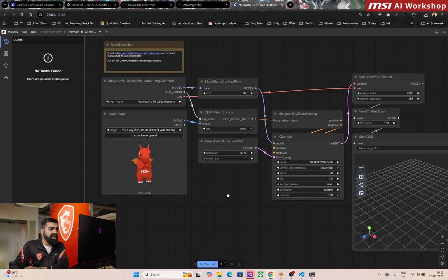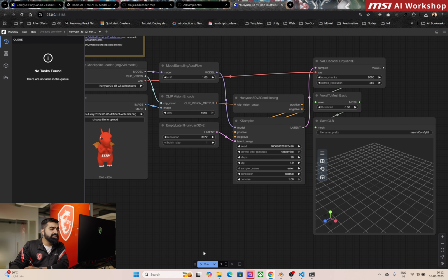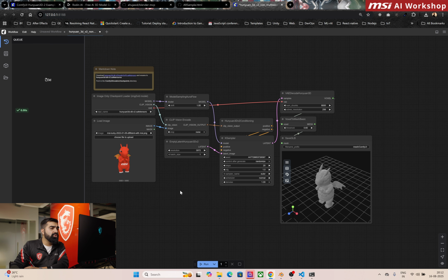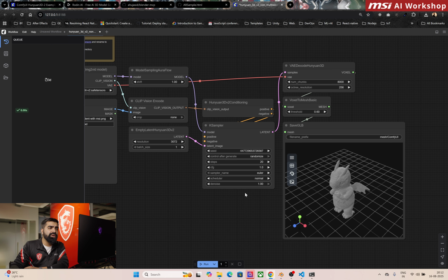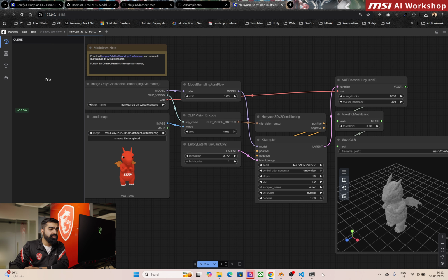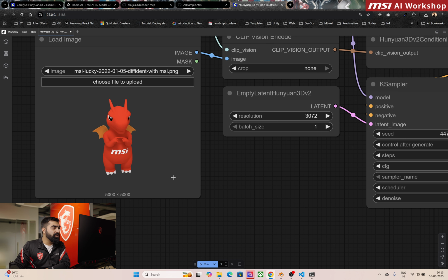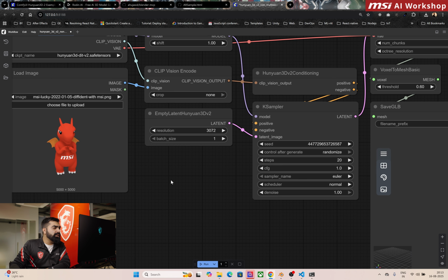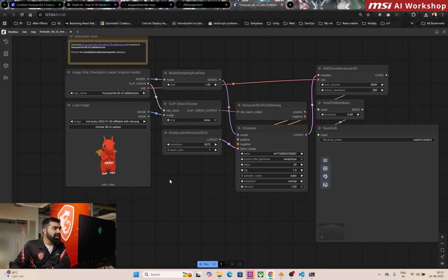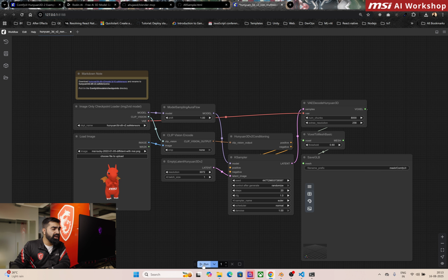I think everything is already set up. All I have to do is click on run. When I click on run, it is going to load up the whole model. Oh, instantaneously. I was doing something around this particular part, and that is where it instantaneously loaded. Let's see how this particular model is going to come up. We are going to create it for this beautiful mascot. Everything is set, so we just have to click on run. When we run, it is loading up the model. It was very quick, and you can see this just literally runs. So it is quite a quick model,